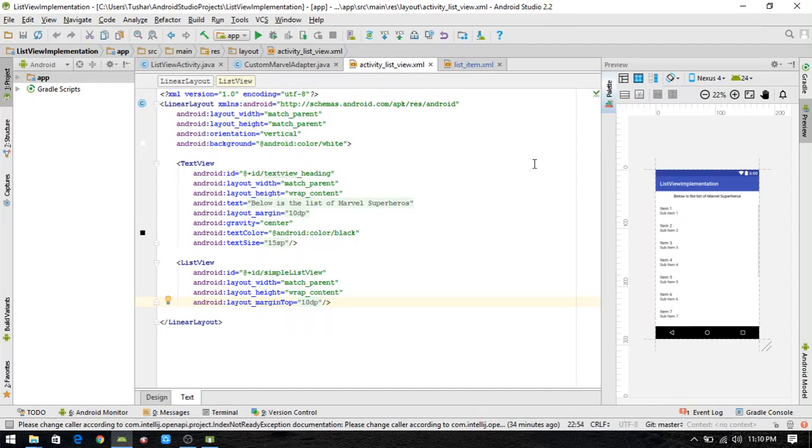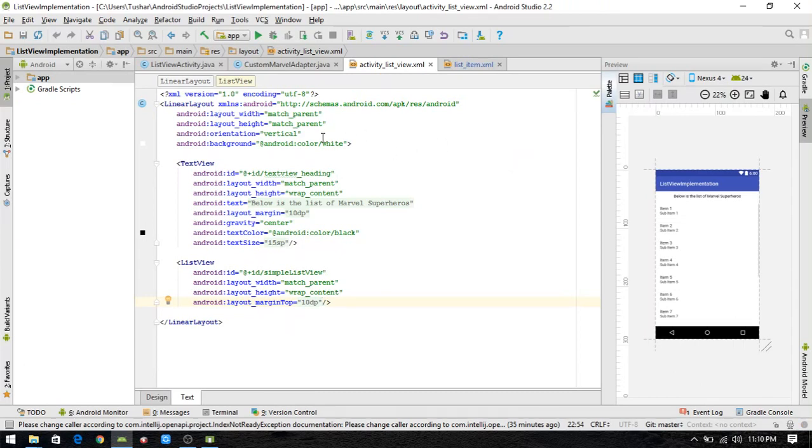Also at the end of the video, you can find some cool tips to enhance your list view performance. Lots of technical stuff, but we can learn it very easily and quickly with a single example. So let's get started. In my example, I'm having a list view activity and the layout of list